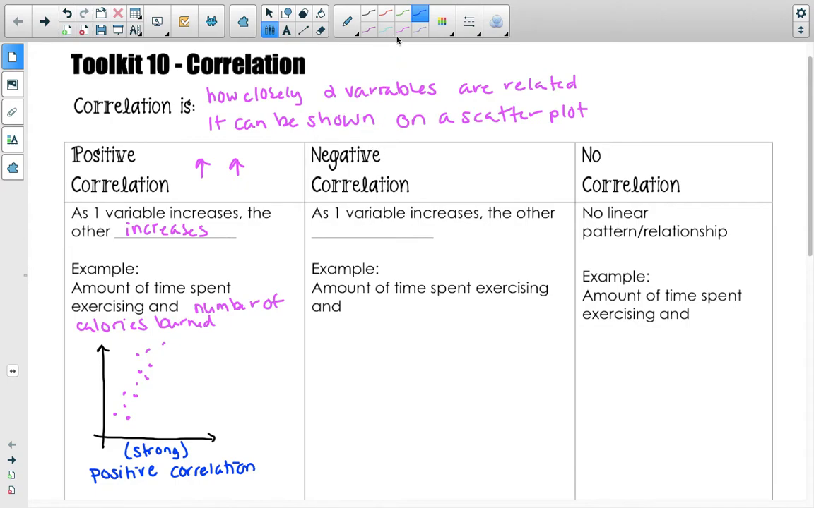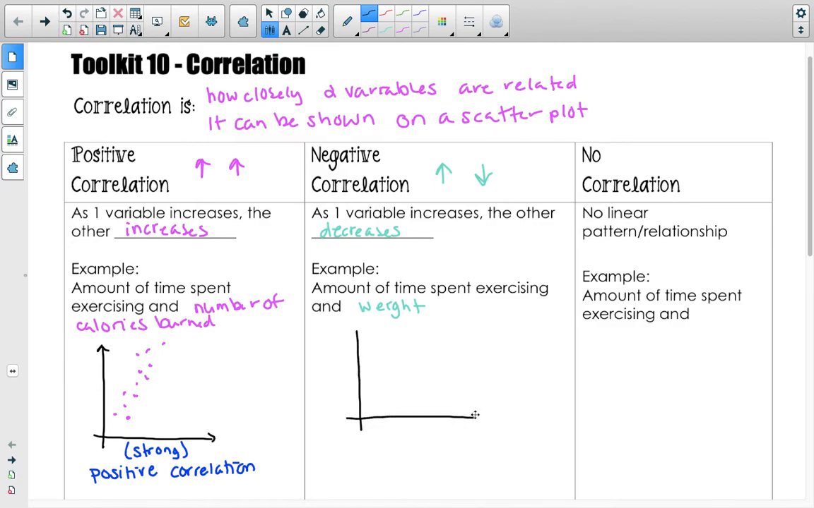Next, we'll talk about negative correlation. Negative correlation states that as one variable increases, the other decreases. So as the x's increase, the y variable will decrease. An example of this, again, amount of time spent exercising. As we increase our time exercising, something that will decrease might be weight. So these two have a negative correlation, not because it's bad, but because as we increase our time, our weight would hopefully decrease. So to show this on a scatter plot,